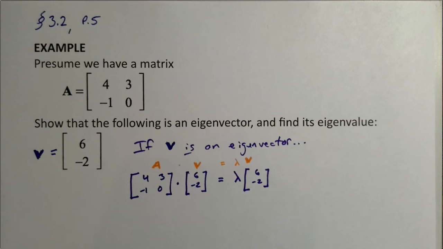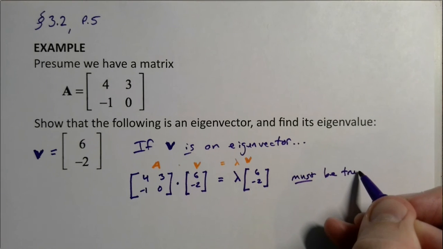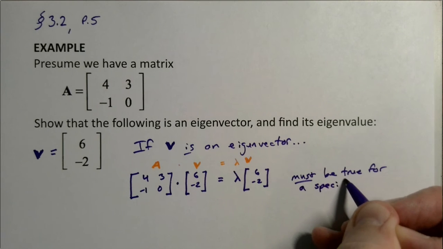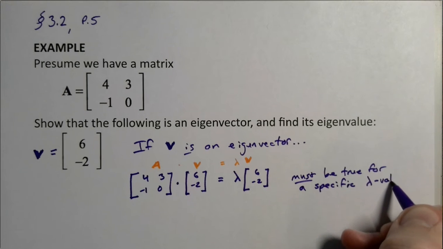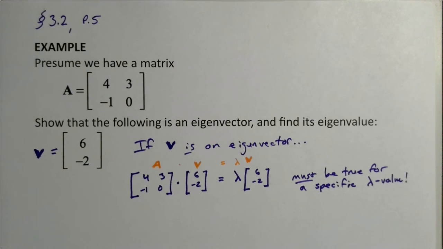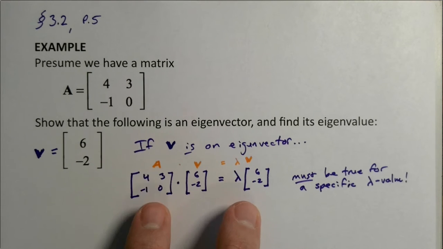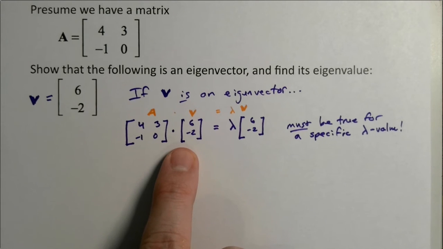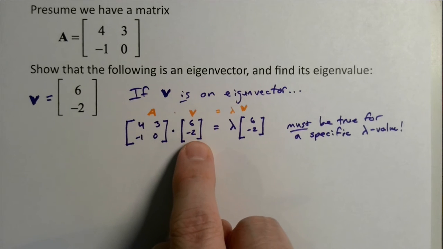That must be true. So if this thing really is an eigenvector, then this must be true for a specific lambda value. So if this is an eigenvector, then we can prove that it's an eigenvector because this must be true. So let's tease this out. What happens when we multiply those two matrices? Well, we have a 2 by 2 times a 2 by 1,